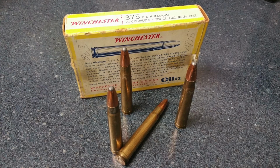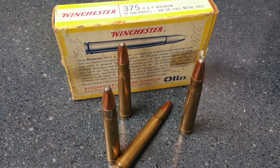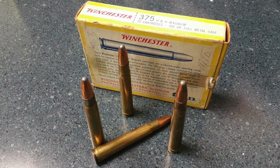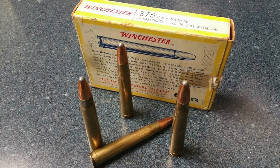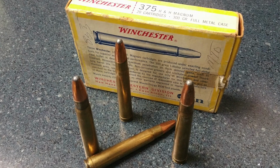exact thing. So this is my top 10 list, and we're going to start off with the 375 H&H Magnum, otherwise known as the 375 Holland & Holland Magnum, aka the African Queen, and it is really overkill on deer, and really any of these rounds I'm about to talk about are. Coming in at 4,500 pounds of energy. This is a 250 to 300 grain bullet that shoots flatter than most, and this is designed to destroy large